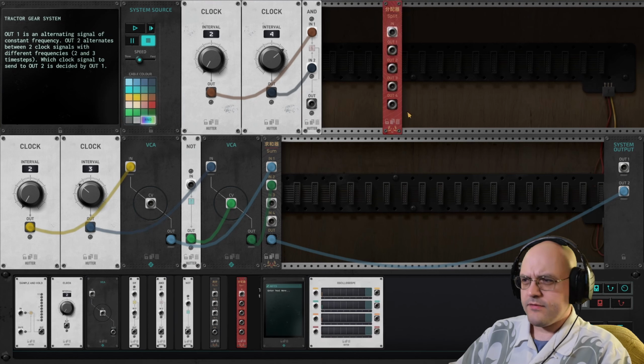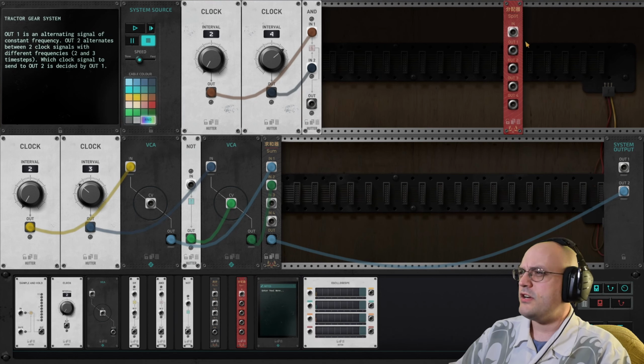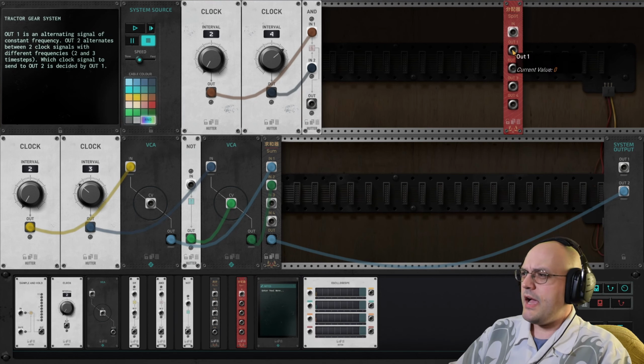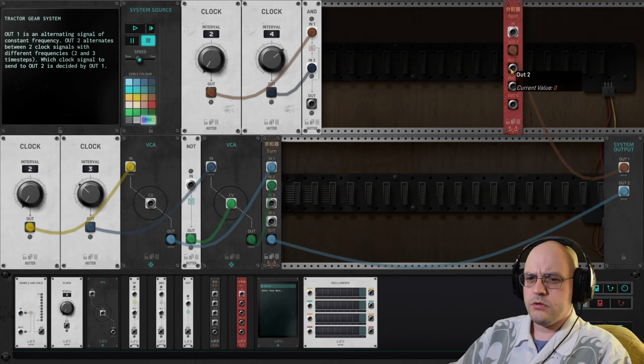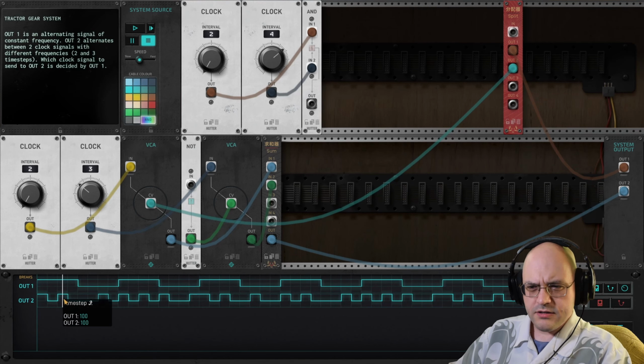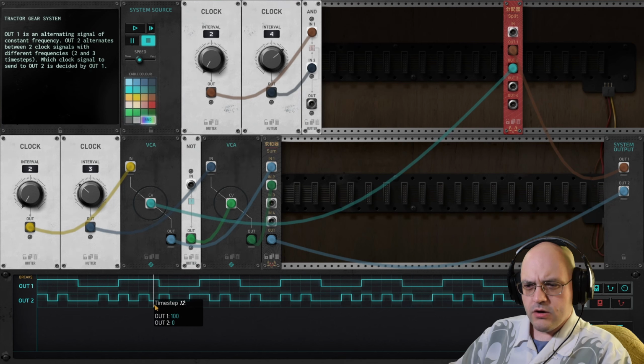Let's see, we have a splitter. We will have a splitter. We will figure out how to get this to go to the in. Out 1 is going to go to the system output. Out 2, when this is high, we want it to output the clock 2 signal. Is that correct? Yes. And when it is low, I think